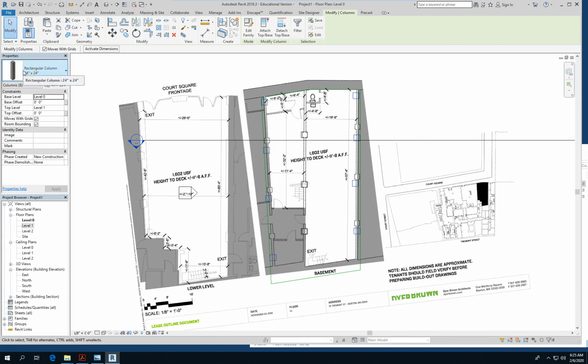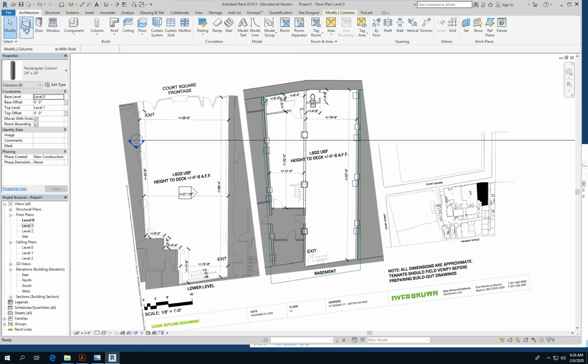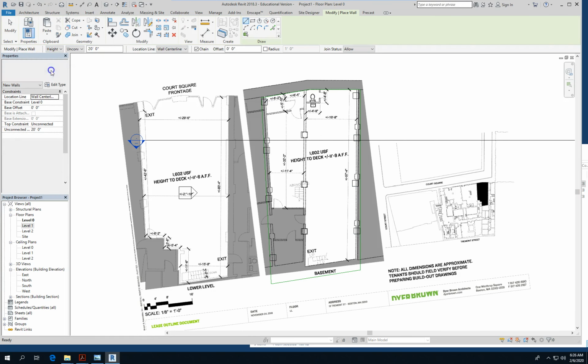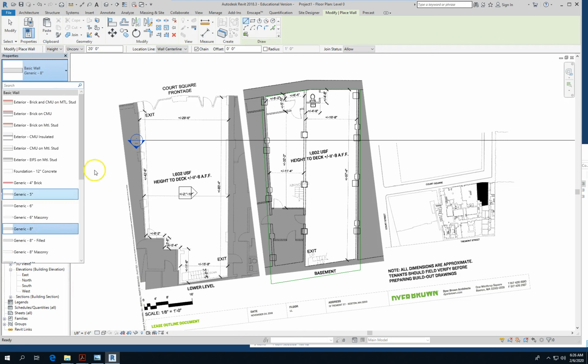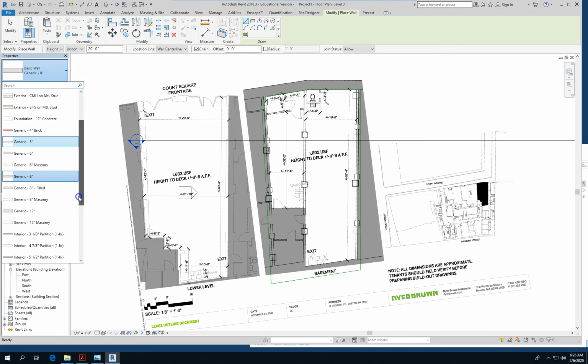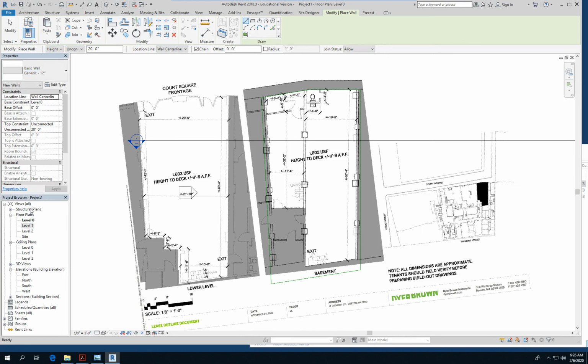We're going to say these walls are 12 inches thick, so I'm using walls generic. I'm going to use a generic 12-inch wall. Always draw, well, you can draw how you want, but I find it easier to use finished face exterior and draw in